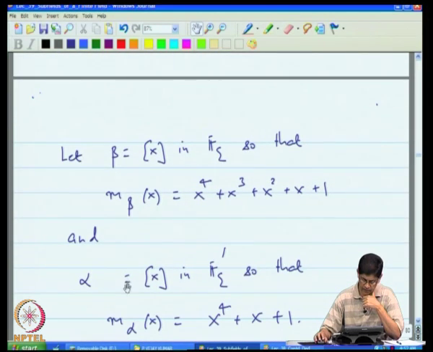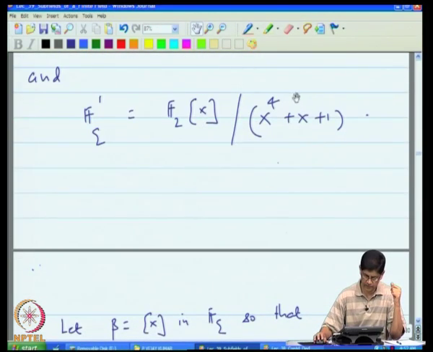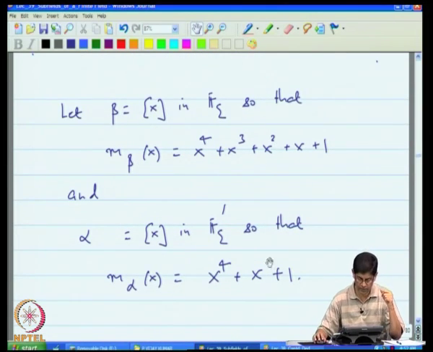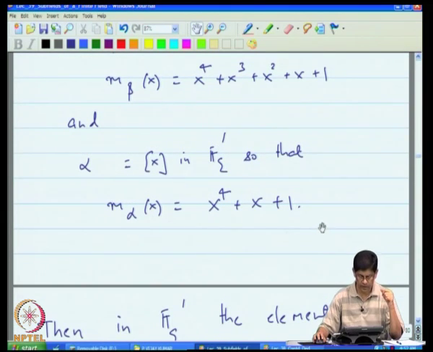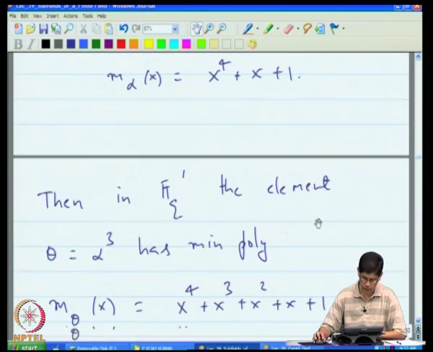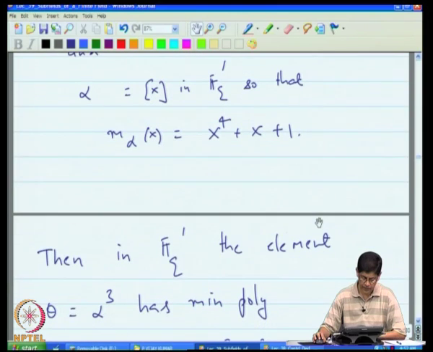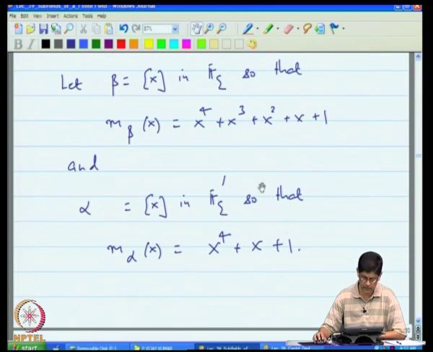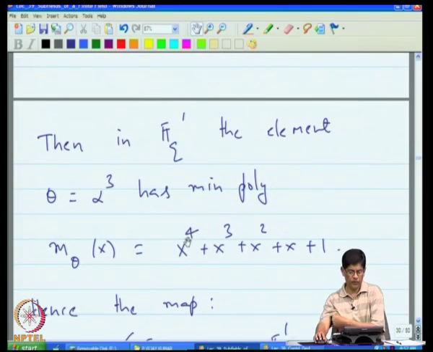let alpha represent the equivalence class of x in this field, then the minimal polynomial of alpha is x to the 4 plus x plus 1. So you can see that apparently these two fields are different, but it is not really so, because in F q we have already identified an element whose minimal polynomial is this. So let us first try, in this second finite field, to find an element whose minimal polynomial is this. So for that what we do is